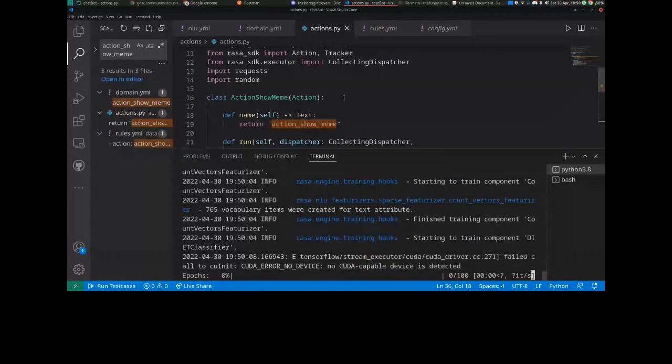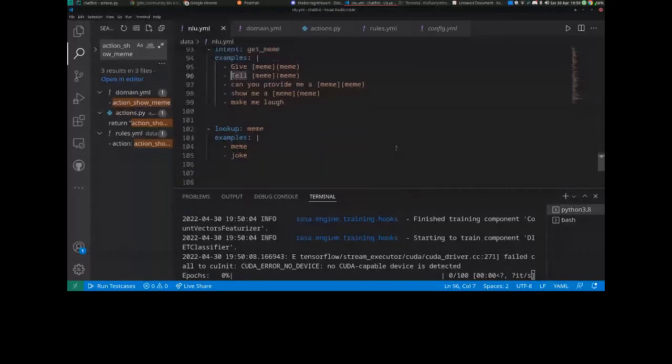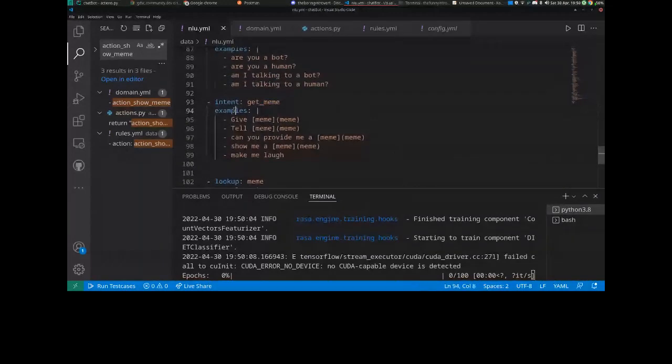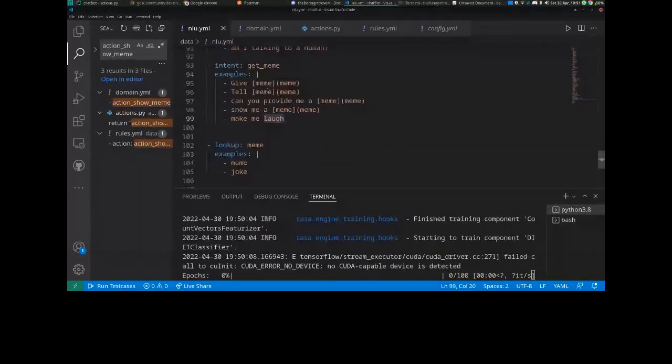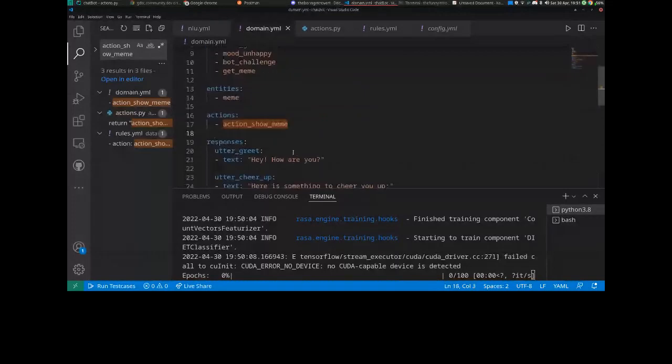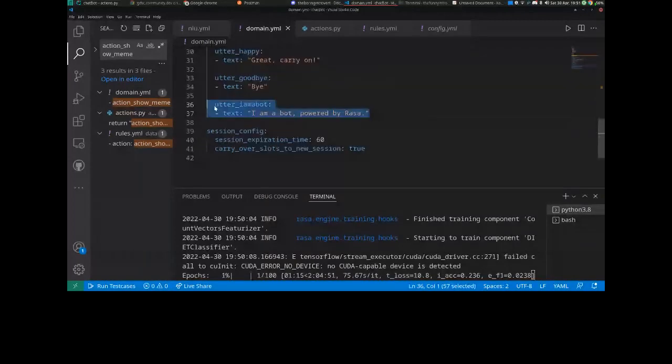Till then, just to recap stuff, I can say what we did in NLU.yml, which is the file to understand what the user is saying. We created an intent, get meme. You can write any name. We gave some examples so that the bot can understand what kind of thing the user can say, and we also provided a type so that we don't have to write different words and it can understand directly. Yeah, simple as that. Then domain.yml, where we tell the bot that there is this action which I created, there is this entity which I created, different intents that I created. So just look for that. And if I have simple static text, then I'm already going to explain it here only.